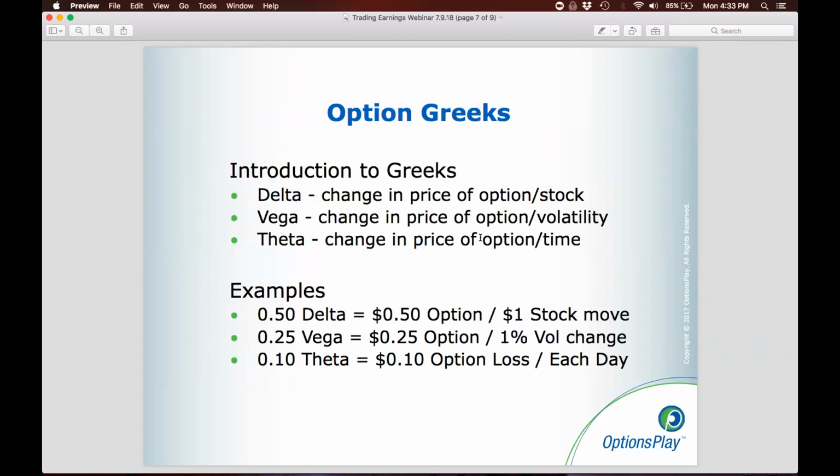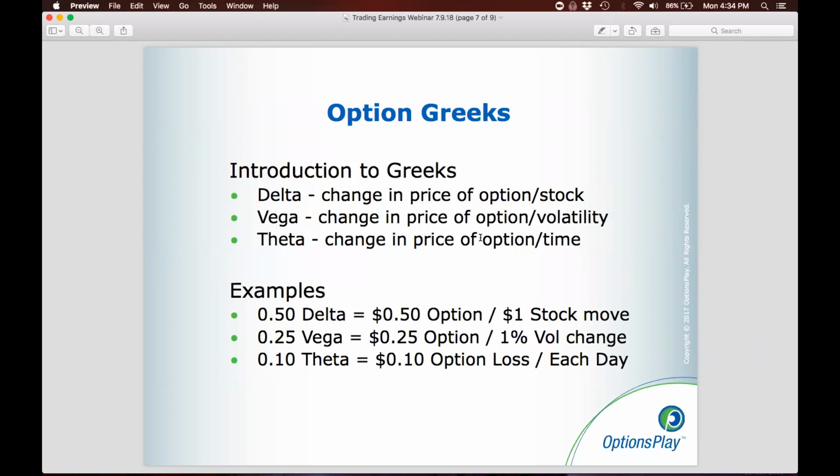For those of you that have traded before, you might be familiar with the option Greeks. For those of you that have not or are not as familiar, I want to make sure that you understand that this is a complicated topic. It's not something that's easy to grasp right off the bat. However, one of the great things about our platform is that you only have to understand it on a conceptual level. You don't actually have to know how to calculate it. You don't actually have to know how to do the math, because OptionsPlay actually does all of that work for you.